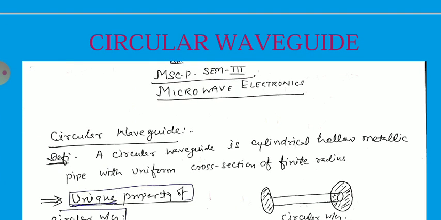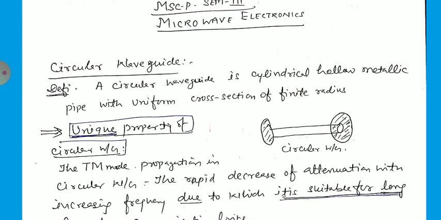So first we start the definition of a circular waveguide. A circular waveguide is a cylindrical hollow metallic pipe with a uniform cross section of a finite radius. That is a unique property of the circular waveguide. For TM mode propagation in the circular waveguide, there is a rapid decrease of the attenuation with increasing frequency, due to which it is suitable for the long